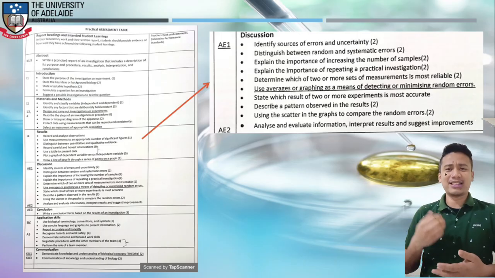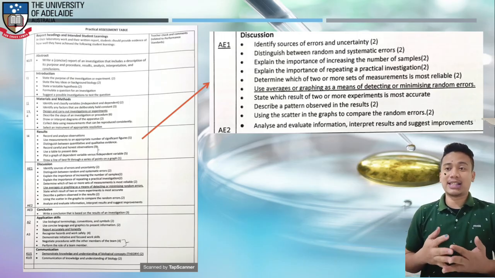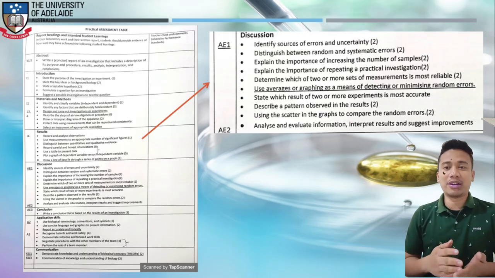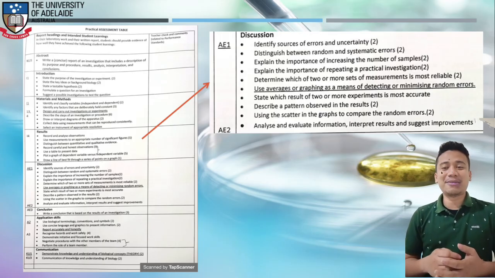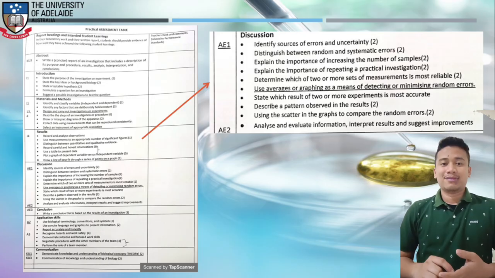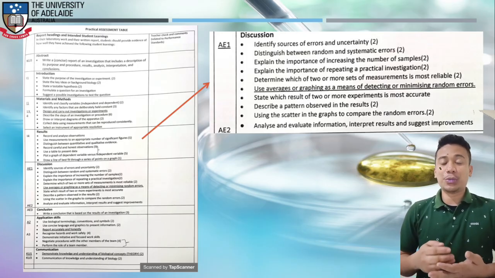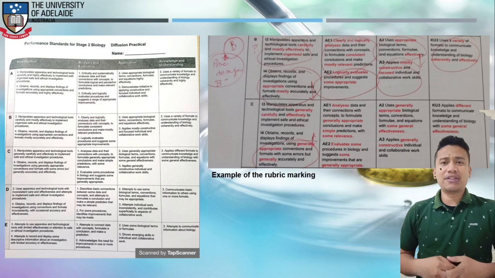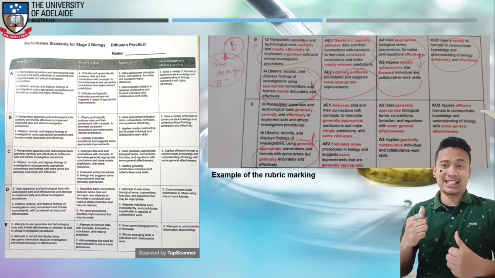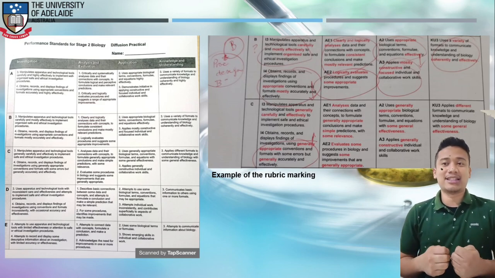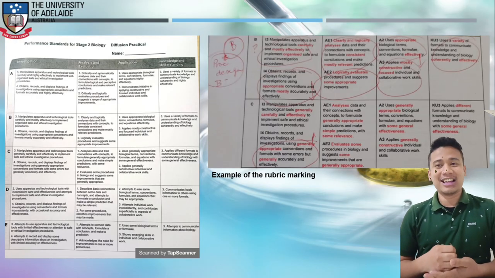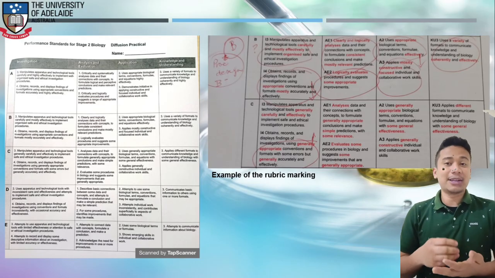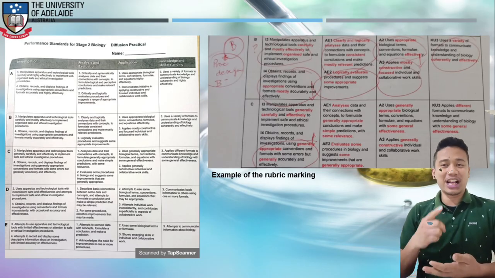For example, as you may see on the screen, we have the practical assessment table. Let's have a look at one of those points, the discussion part. There are some indicators for measuring the level of student accomplishment, or I would say teachers' expectation of their students. On the next slide, you can see the rubric and an example of the rubric marking. If a teacher gives a score of B minus, as in this example, then if the test is consistent across the markers, it will give the same results when checked by other teachers. Again, using a rubric may increase the level of reliability and also validity,